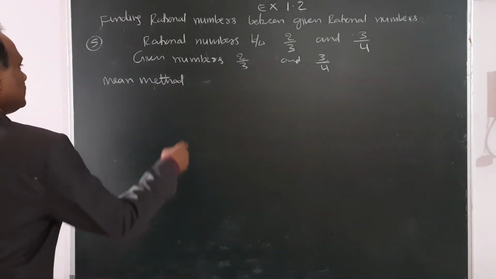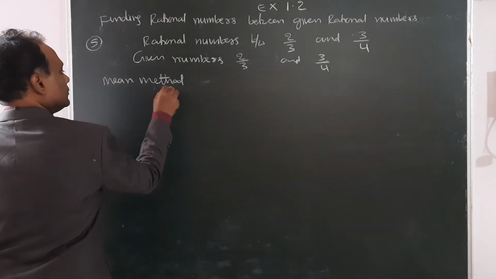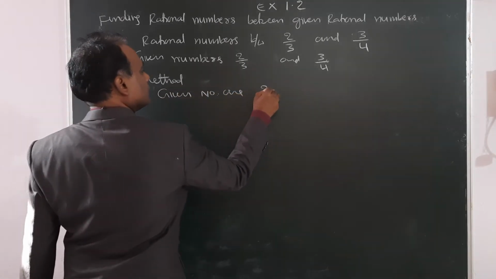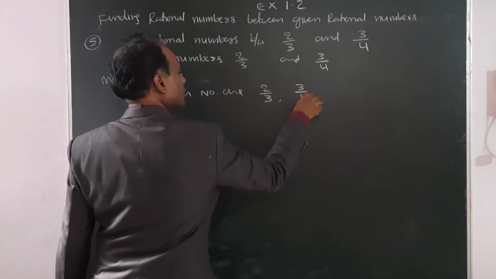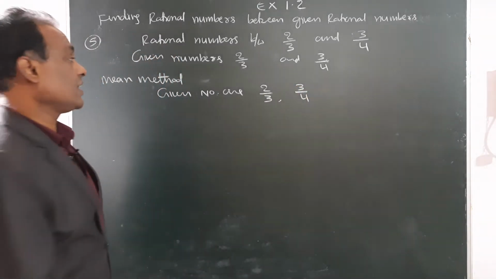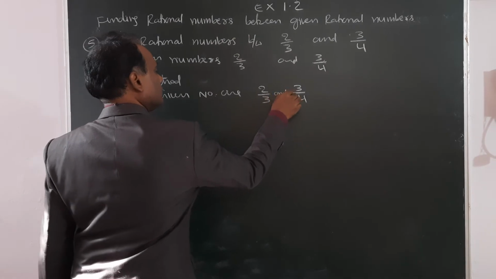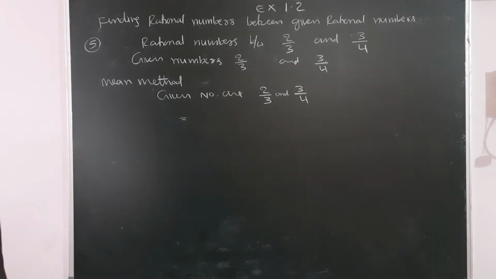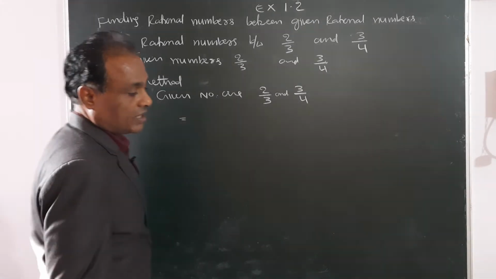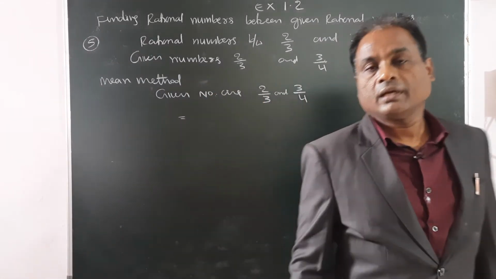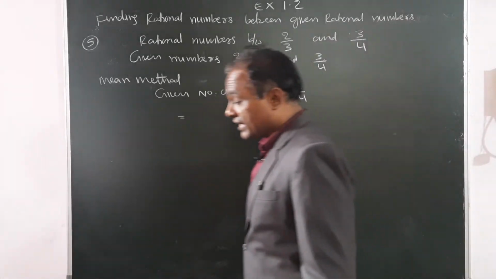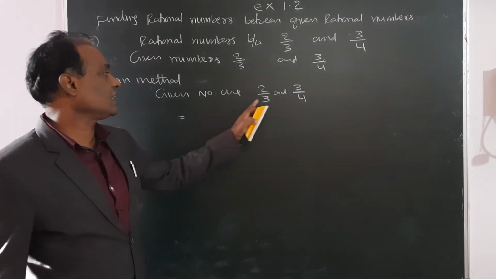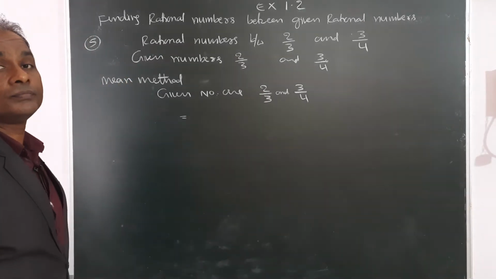Mean method. Given numbers are 2 by 3 and 3 by 4. The rational number between these numbers is equal to